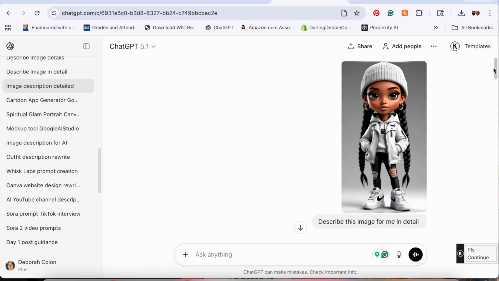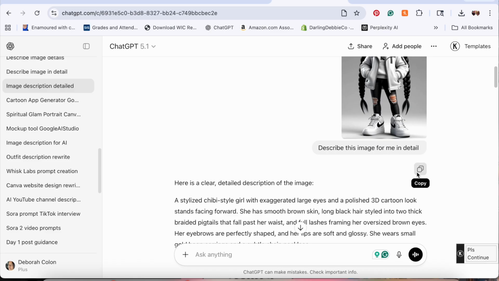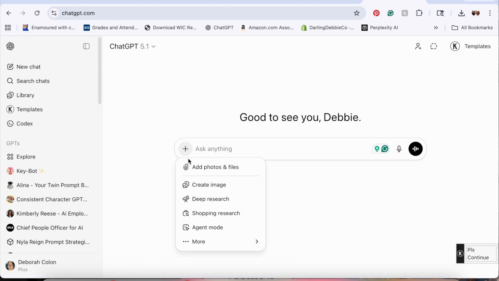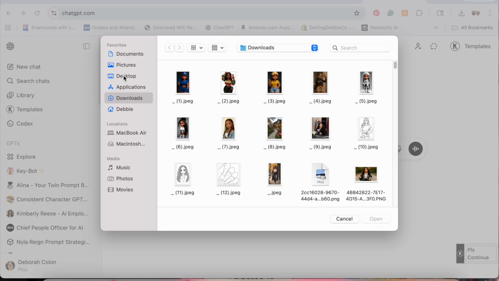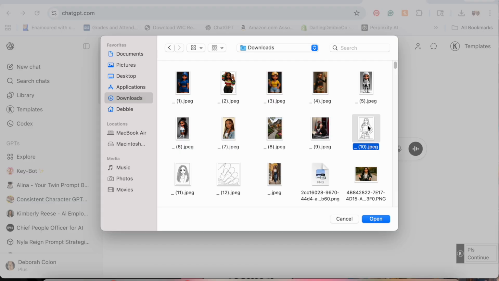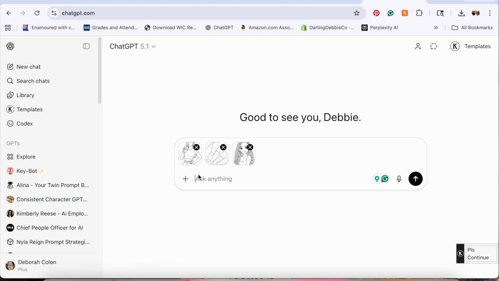First of all, I'm gonna copy my first ask, and I'm gonna go and open a new ChatGPT page, and I'm gonna upload my image, which is in my downloads. Just look for your image and upload them. I'm gonna select 1, 2, and 3, and all I'm doing, I'm on a Mac Air, is clicking on an image, then I shift and click on the other images that I want, and I'm gonna go open, and as you can see they're gonna be there, and then I'm gonna paste,